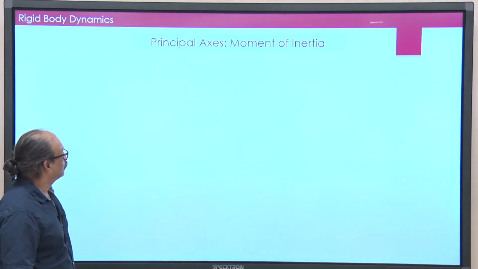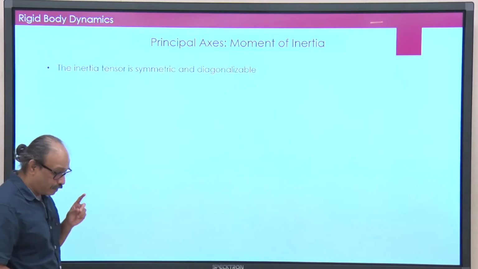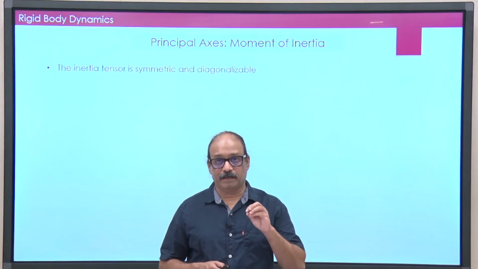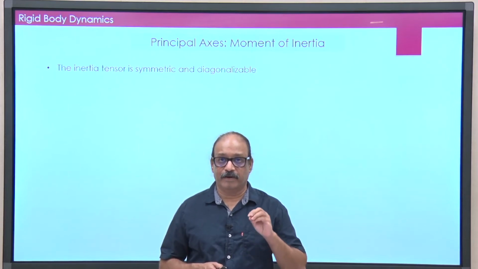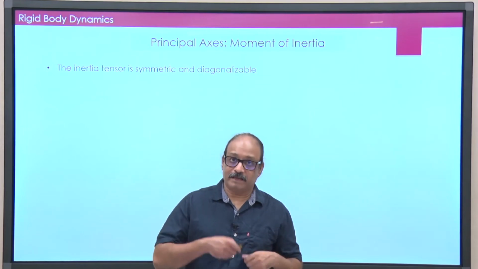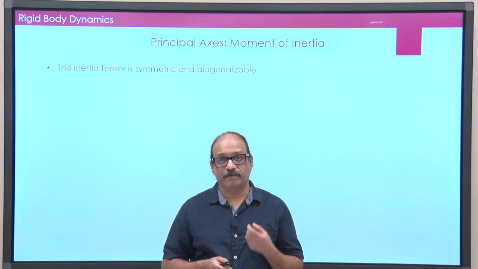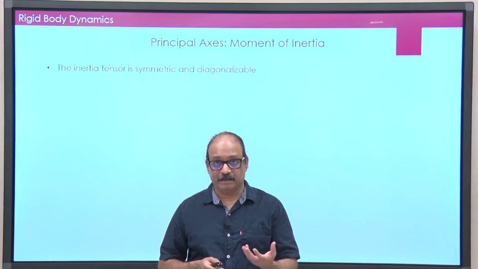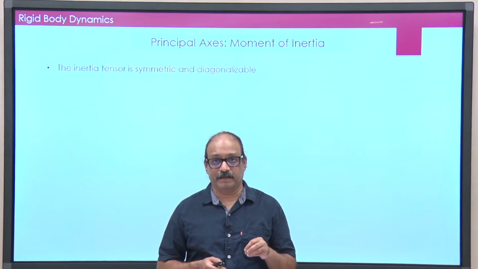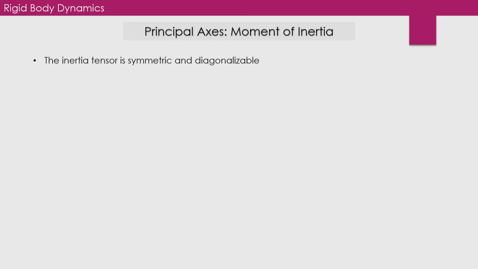Now, I will define something called a principal axis. If you look at this inertia tensor, you look at I x y and I y x, or I 1 2 and I 2 1, they are the same, they are equal. This tensor is always symmetric and has real numbers in it. So, if it is a real symmetric matrix, we know that it is diagonalizable, and if it is diagonalizable, it